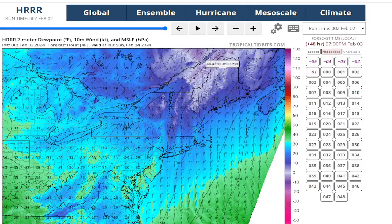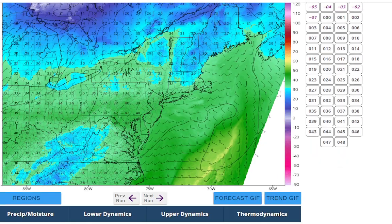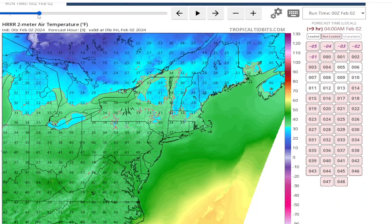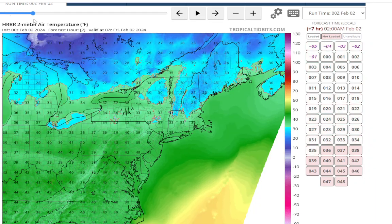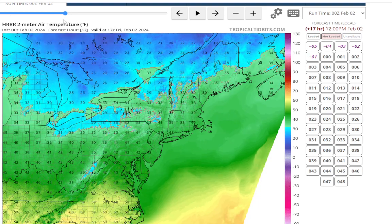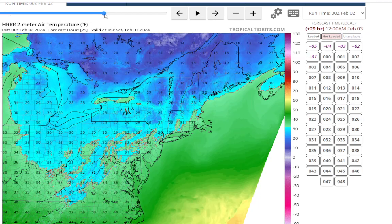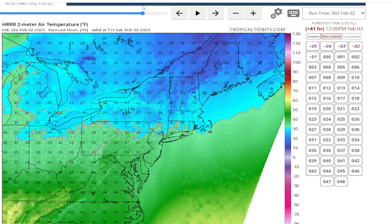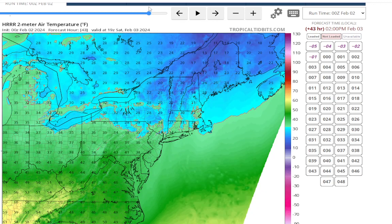There is a piece of the colder air up here, but we may or may not get into that. We'll have to look at the GFS and see. I don't think we're going to get into it. So obviously tonight we're staying in the probably mid 30s. We'll do it for lows. Tomorrow, 40s. Tomorrow night, maybe we'll be around freezing Saturday morning, and then Saturday, HRRR is actually showing it colder